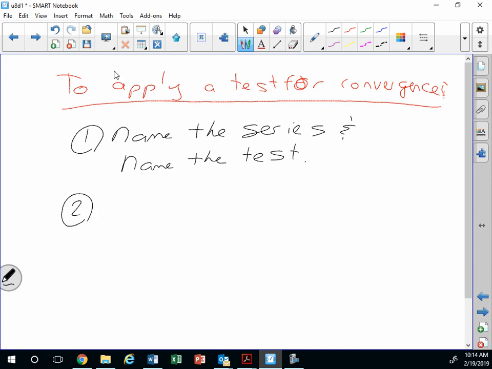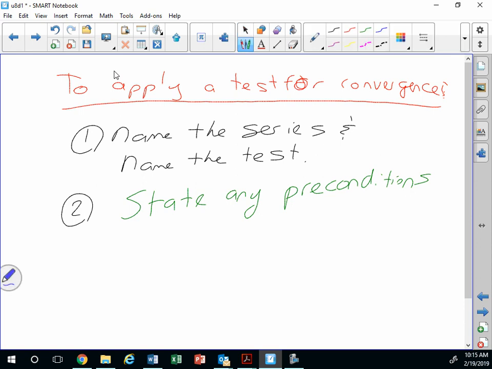Number two, you're going to state any preconditions. Some of the tests you have to state some stuff. You have to say, okay, this is true, therefore I can use the test. State any preconditions. What has to be true in order to use that test? Preconditions, we talked about those. We haven't called them preconditions, but